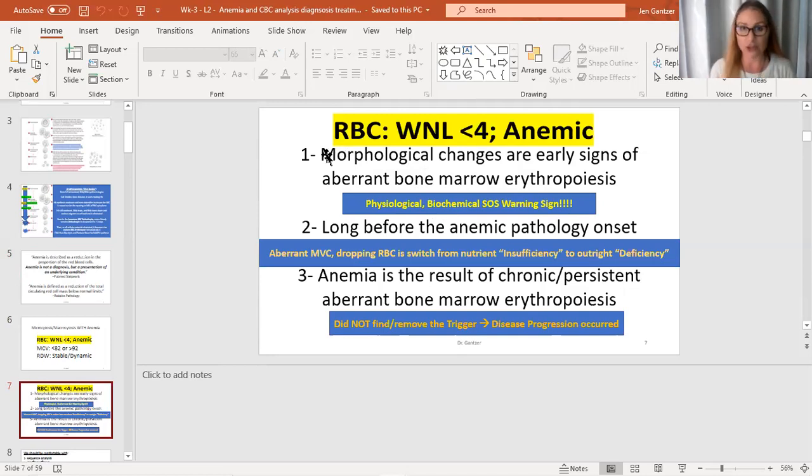The very second that you have an MCV, even shifting to the end ranges of the abnormal, intervene. Catch it before your RBC drops. If you put two CBCs together, and you compare a patient that provided blood work maybe 6 months ago or a year before, and you put it in an Excel spreadsheet and you're watching the pathological pattern happen in front of your eyes, if they were at a 5.1 RBC and they were like,